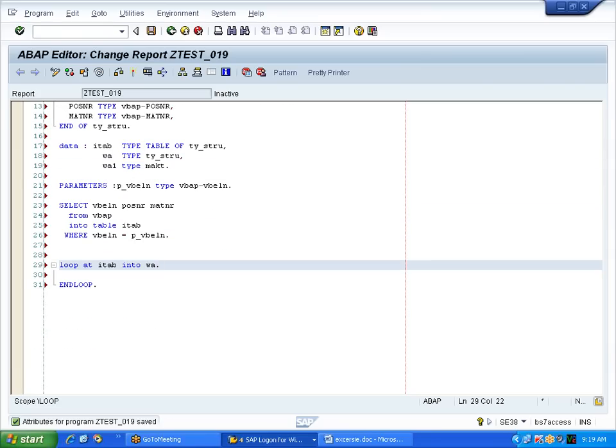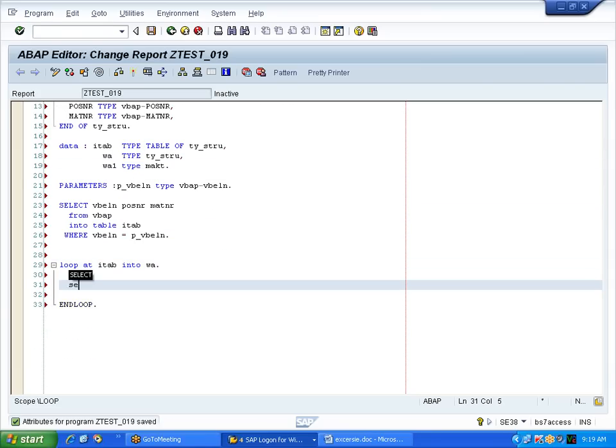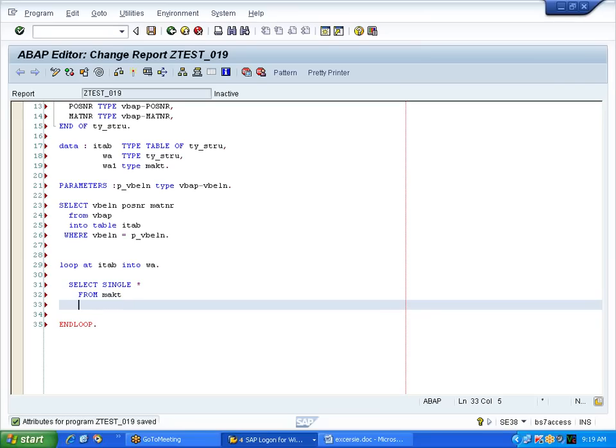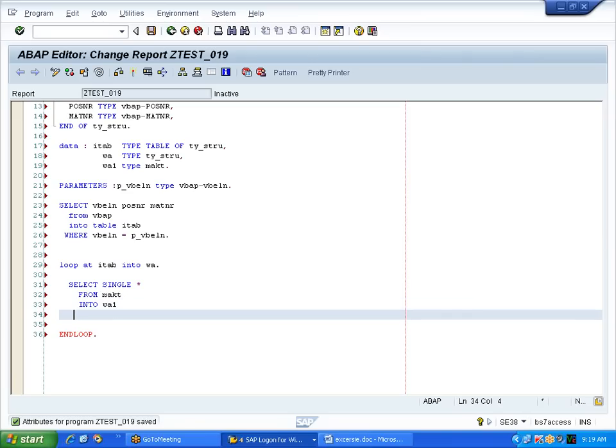So here what I will do: select single star from MAKT into work area 1 where MATNR is equal to